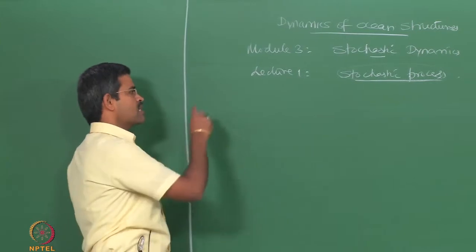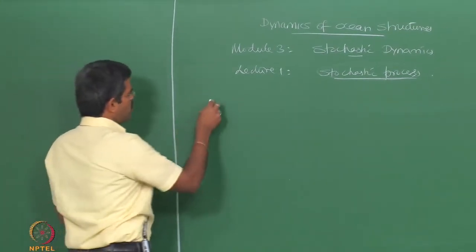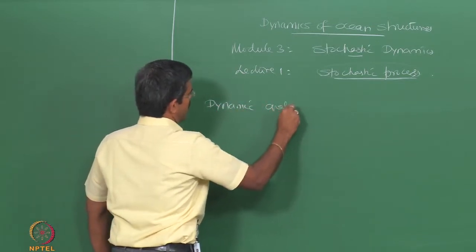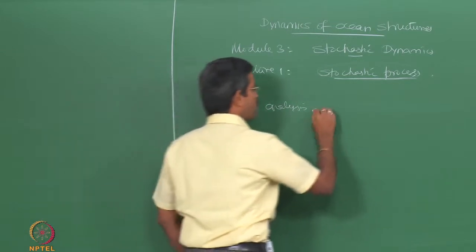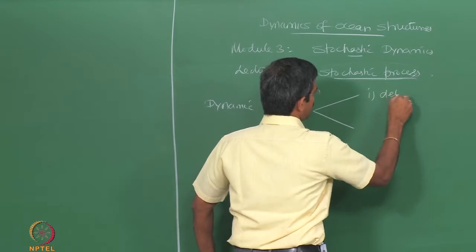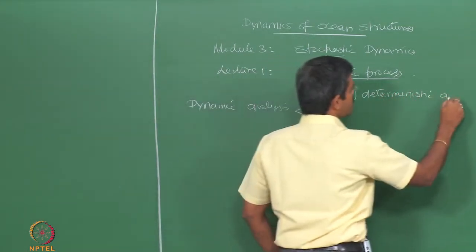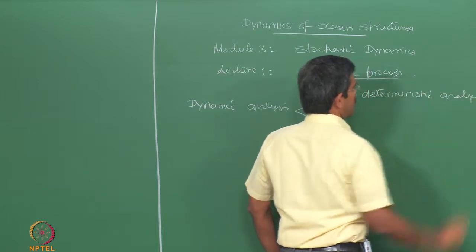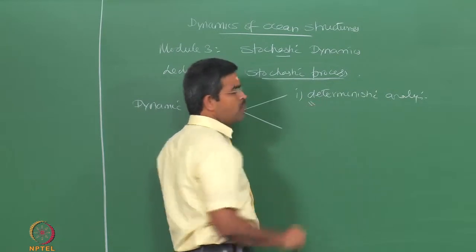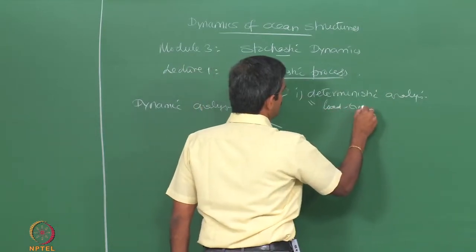So, the first question that comes to mind is what is actually meant by a stochastic process. We all know that dynamic analysis can be actually done in two ways. You can carry out dynamic analysis essentially in two ways. One is what we call a deterministic analysis, which we already know. The prerequisite to carry out deterministic analysis is simple. You must actually know the load time history